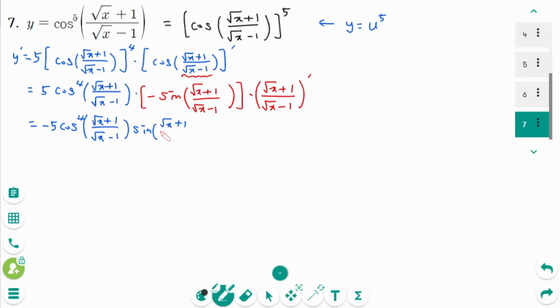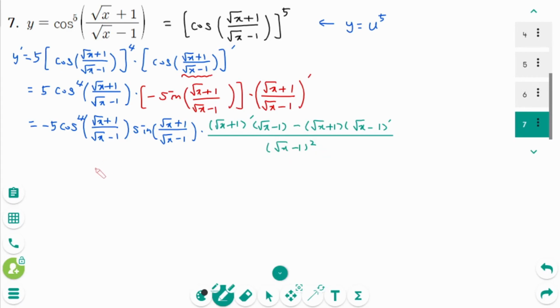of x plus 1 over square root of x minus 1 times, use the quotient rule, square root of x plus 1 prime times square root of x minus 1 minus square root of x plus 1 times square root of x minus 1 prime over square root of x minus 1 squared equals minus 5 cosine to the power of 4 square root of x plus 1 over square root of x minus 1 sine of square root of x plus 1 over square root of x minus 1 times